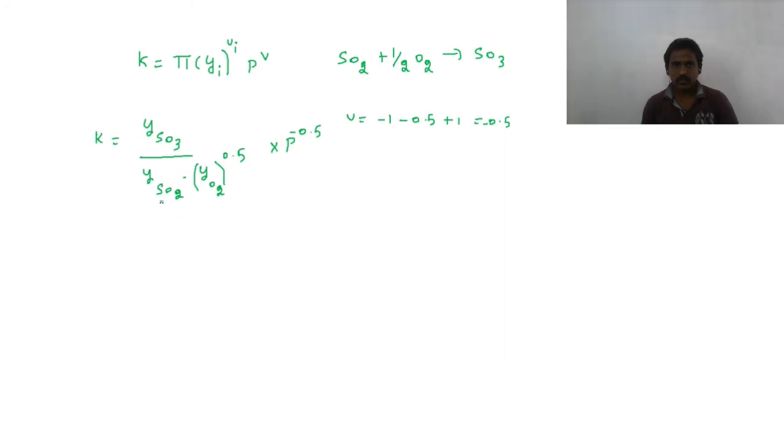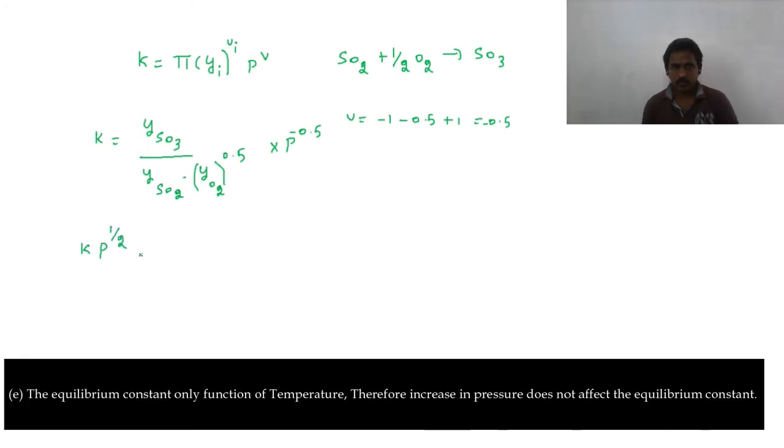If you rearrange this equation, you will get K P power 1 by 2 equal to y SO3 divided by y SO2 into y O2 power 0.5. If I increase the pressure, this y SO3, that is the mole fraction of our product, is going to increase. Therefore, the answer for the question is,